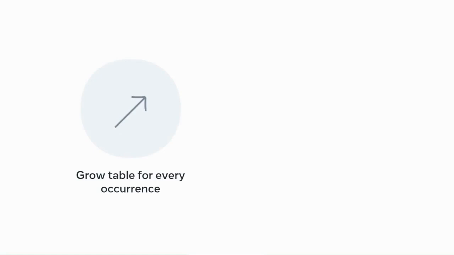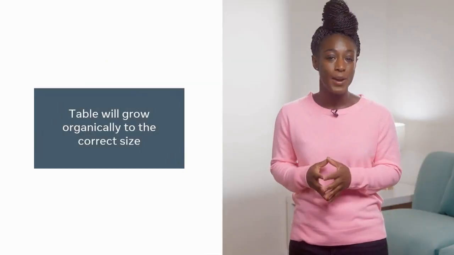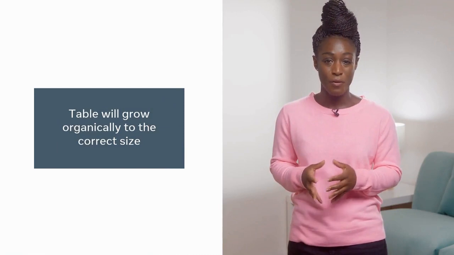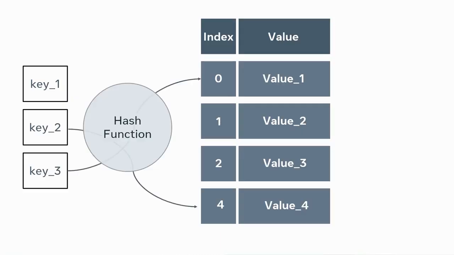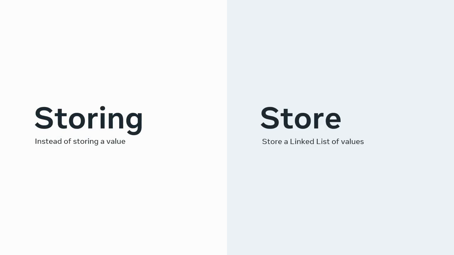There are a few solutions to the issue. One solution is to grow the table every time a collision occurs, then increase the complexity of the hashing approach, redistributing the values to new addresses. In this way, a table will grow organically to match the size of the data required. Another is to create a linked list at the point of collision and simply store the additional values. So, in the event of a collision, instead of storing a value, you would instead store a linked list of